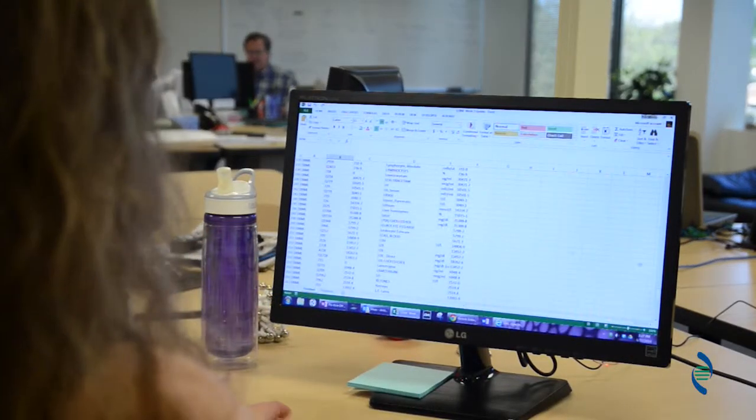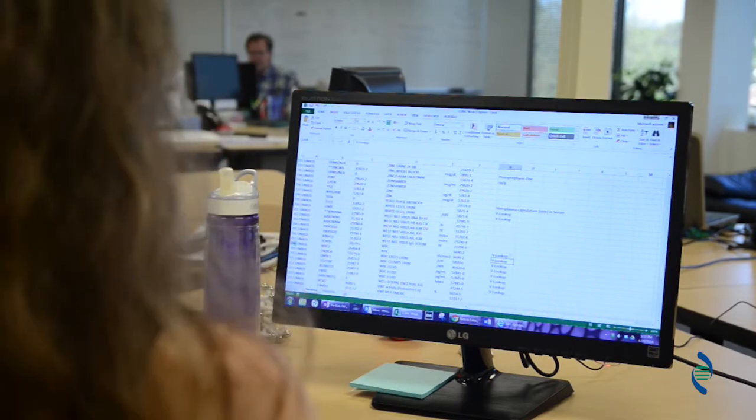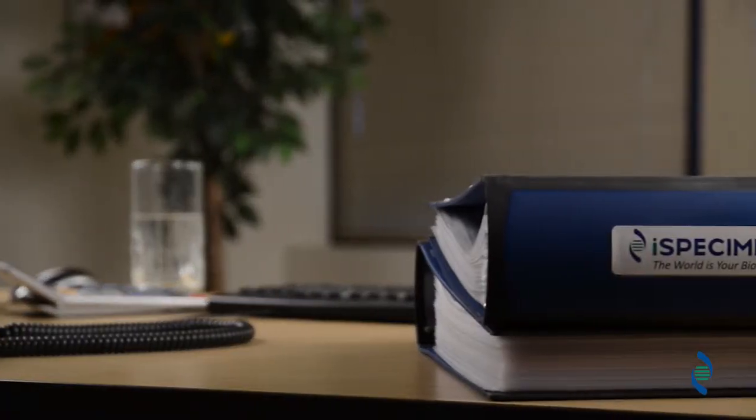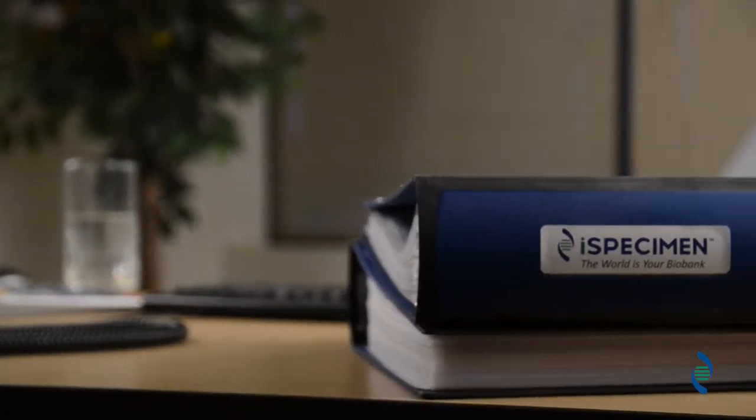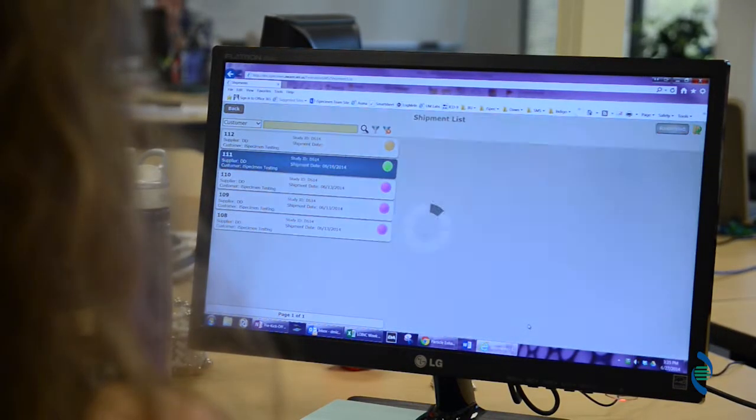When we're done with implementation, we gain visibility to the flow of the patients and specimens and data sets going through their facility and can match their inventory, which is moving through on a daily basis, up to the demands of life science researchers across the market. It's just in time. We do not have an inventory, and nor do we store these specimens, but we have access to the data of what specimens are available. And as soon as we can find a match based on what our customers need, we go and procure those